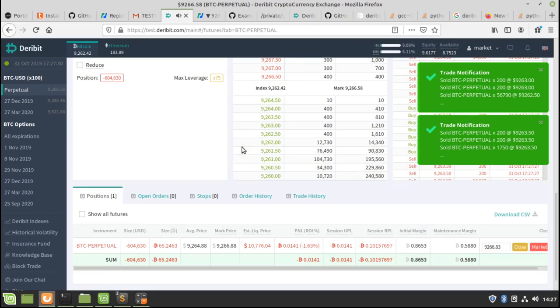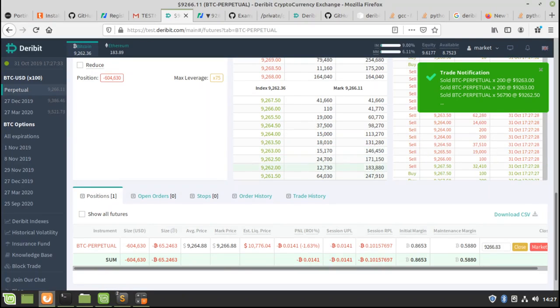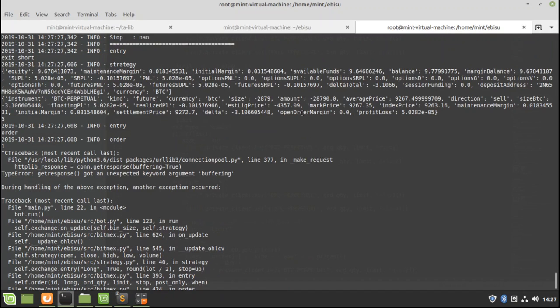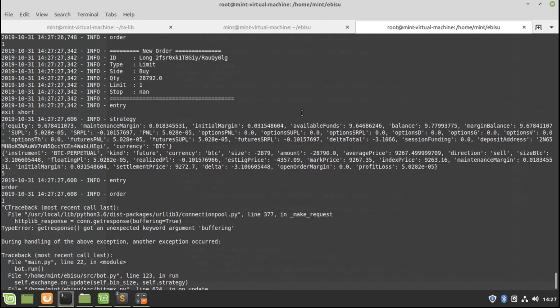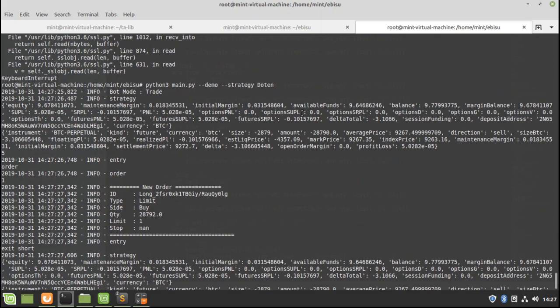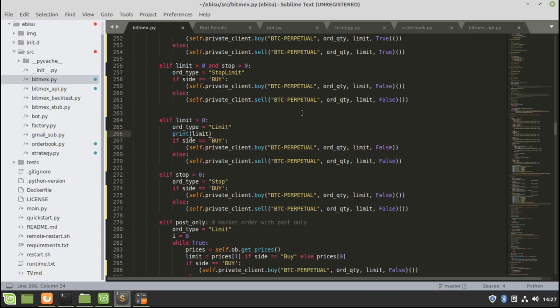Maybe these are just orders, maybe these aren't executions. No, trade notification. Order makes it short. 1. Oh, limit can be 1. Limit has to be